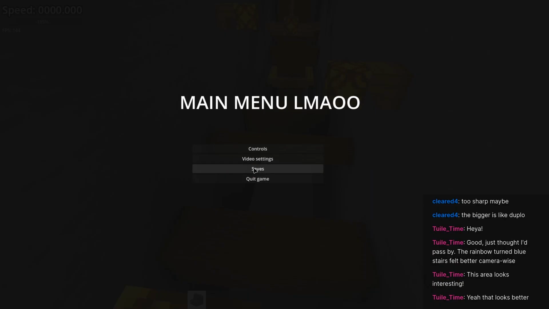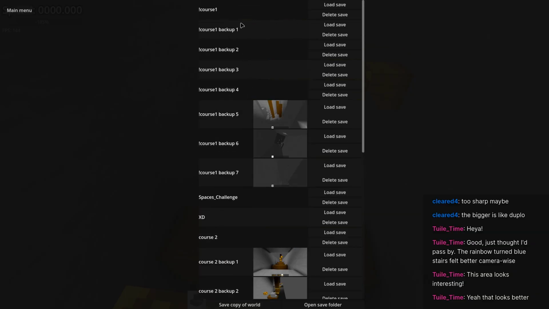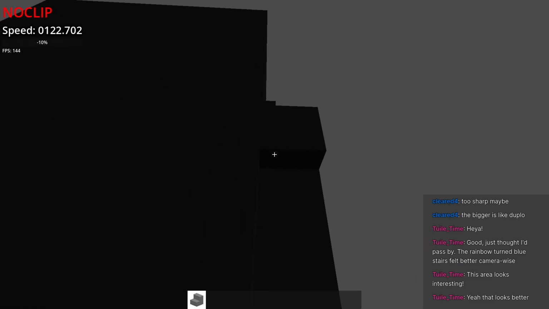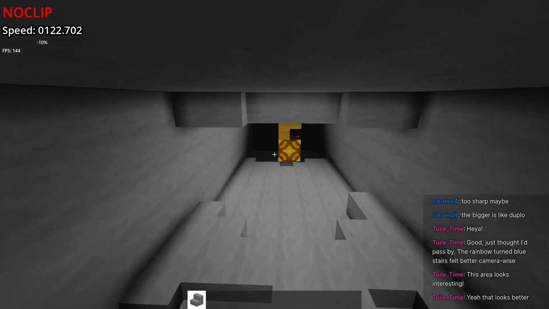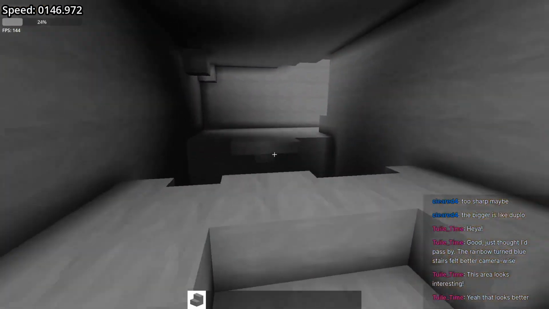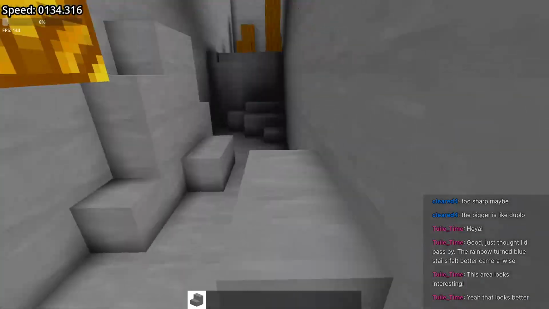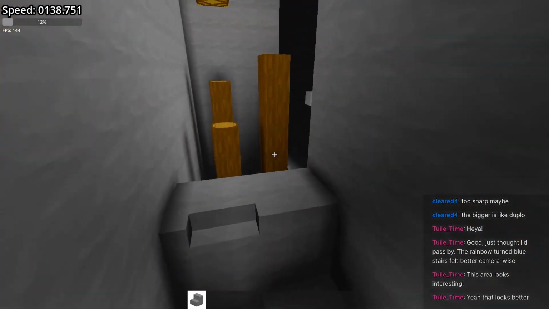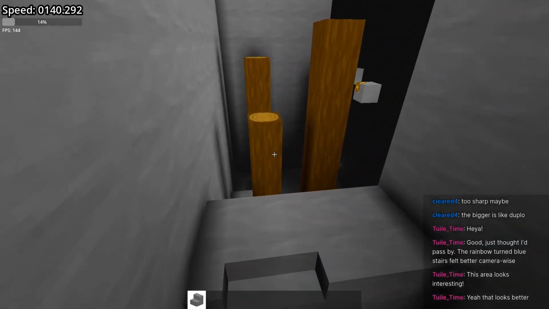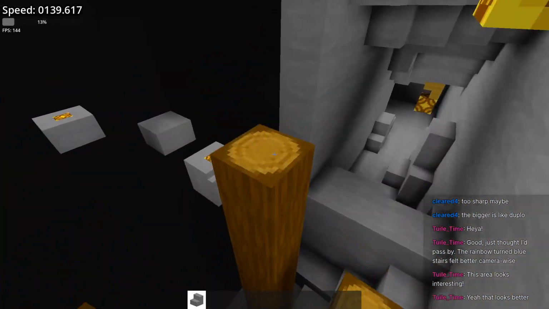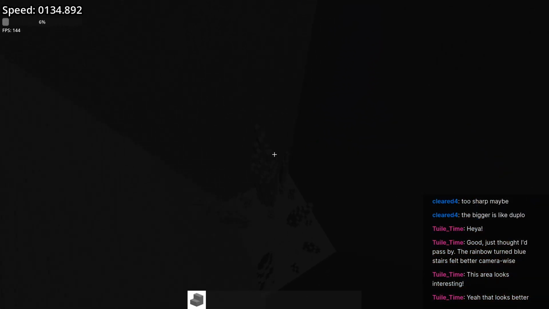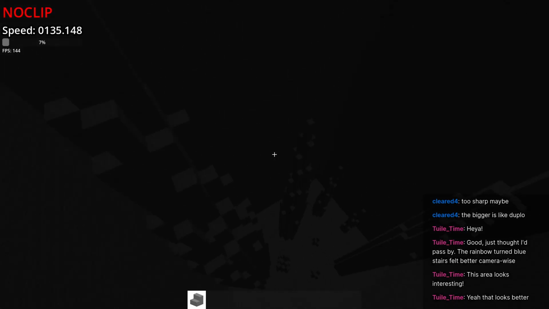Oh yeah, I meant to go here. We also have course 1. This is meant to be like an introductory thing. You can go here, and jumpity jump, whatever. I've missed the jump. Amazing. And we have this, where I tried to do some cave geometry stuff.